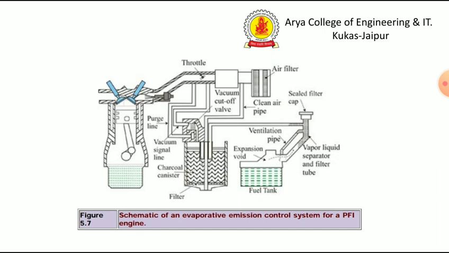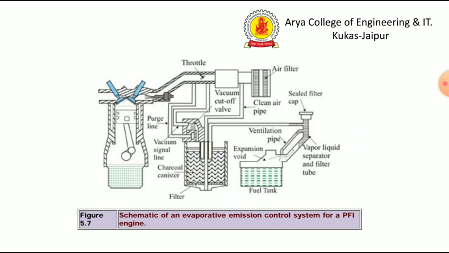When the engine is running, the vacuum created in the intake manifold is used to draw fuel vapors from the canister into the engine. Purging air is sucked through the canister, which leads the fuel vapors from the canister to the engine. An electronically controlled purge valve is used. During engine acceleration, additional mixture enrichment can be tolerated, and under these operating conditions, the stored fuel vapors are usually purged into the intake manifold. This system is a fully closed system.